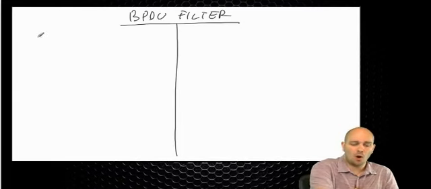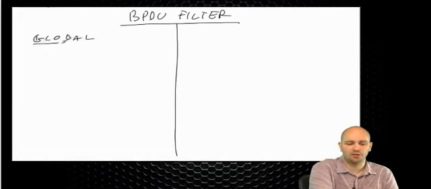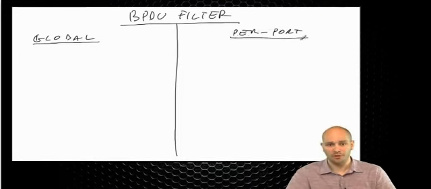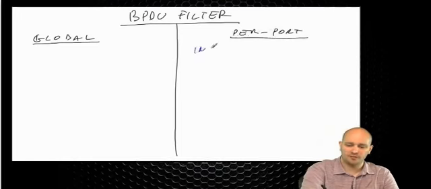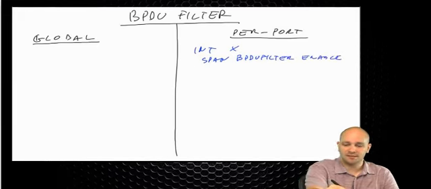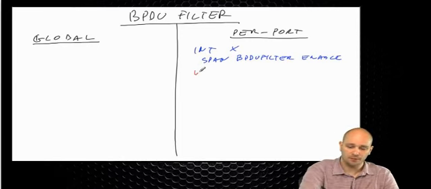Now, one feature is when you enable BPDU filter as the result of the global configuration. And the other one is when you enable it per port. Now, I'm going to talk about the per port one because that one is much, much easier to explain and to understand. The configuration there is on the interface. So interface X, we're going to say spanning-tree bpdufilter enable. Now, what this command does is unconditionally